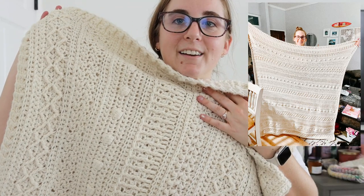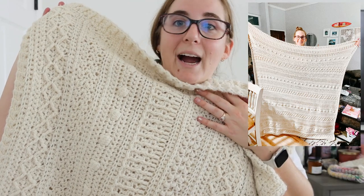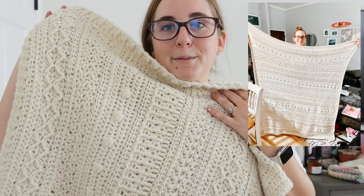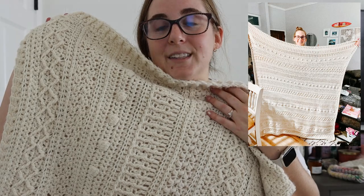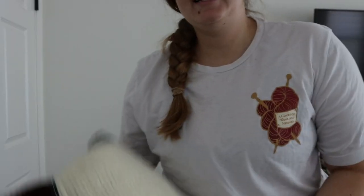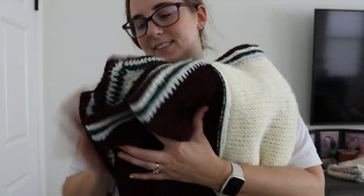This was also a really fun way to practice different stitches, and I absolutely love it. So again, this is gonna go downstairs with the other blankets. And last but not least,